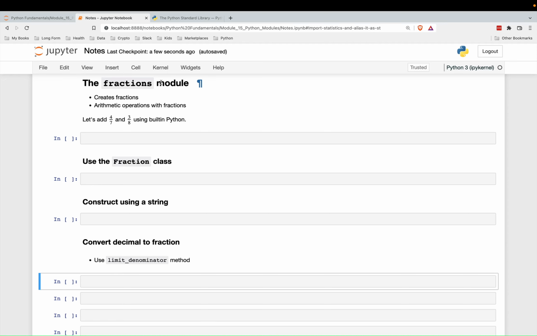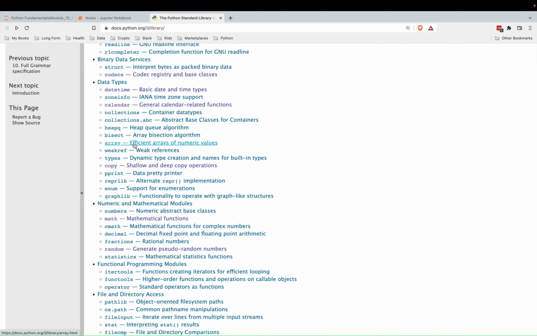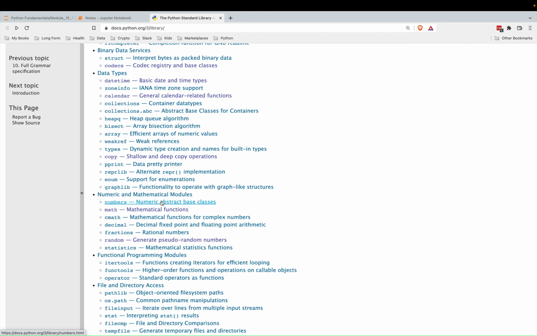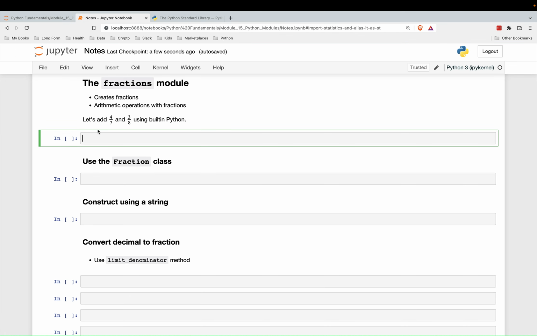Onto the fractions module, which creates fractions and also allows you to do arithmetic operations, so addition, subtraction, multiplication, and division with fractions. That is over here, again, in the numeric and mathematical modules, fractions. So let's see how this can be useful by adding, first of all, without this fractions module,